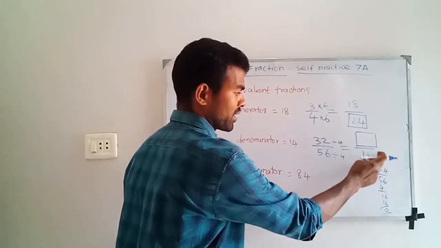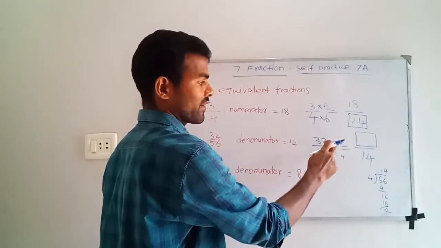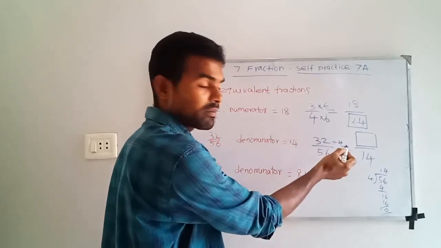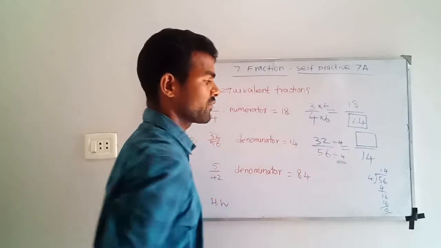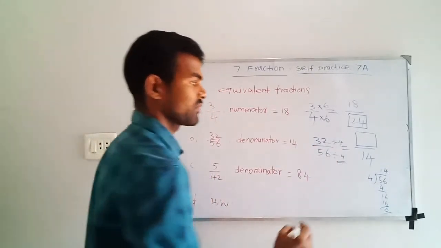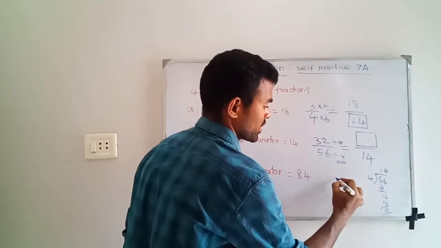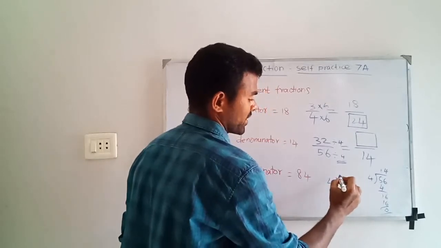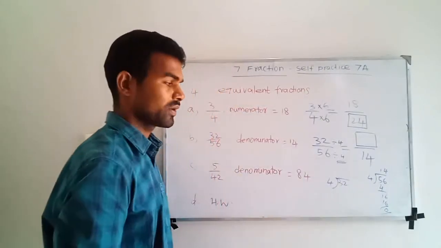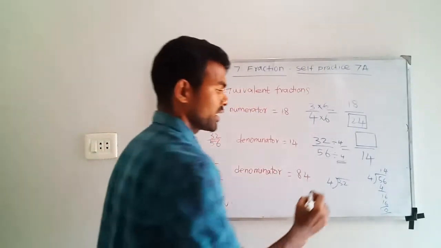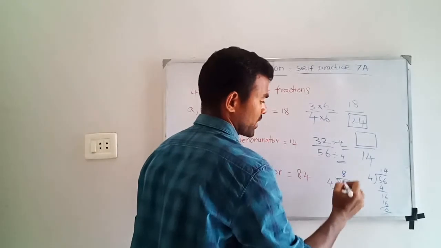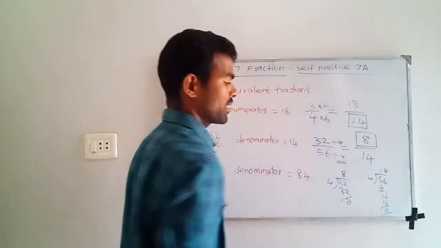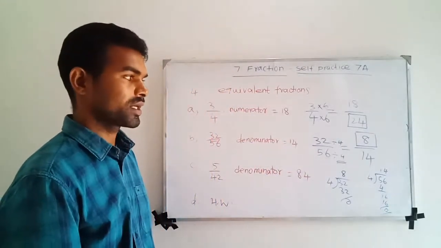Yes. Here the denominator is coming 14. Same way, divide the numerator also. If you divide the denominator by 4, the numerator also divide by 4. 32 divided by 4. So how much can we divide by 4? 5 times 20, 6 times 24, 7 times 28 and 8 times 4 is 32. So what is coming? The numerator is 8.